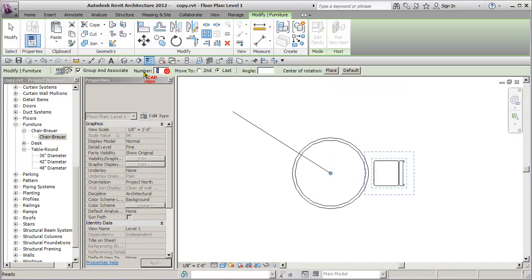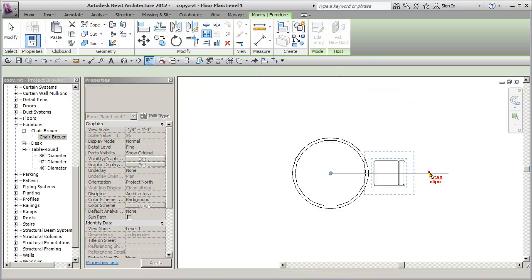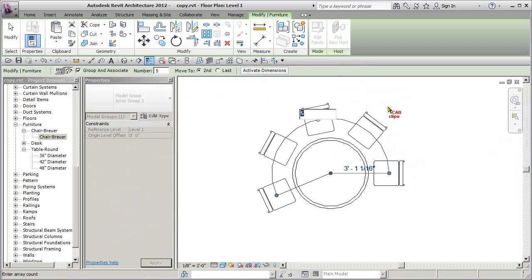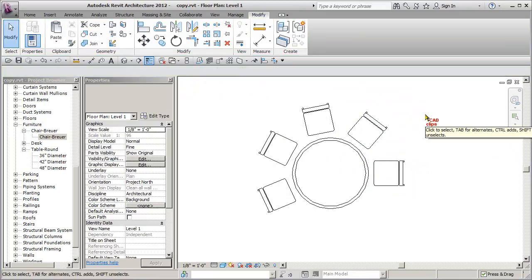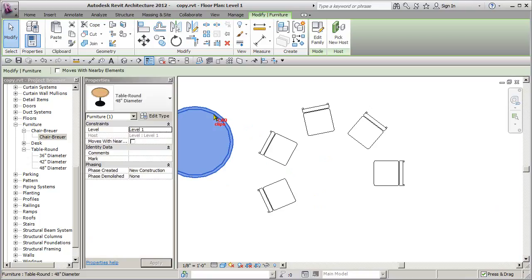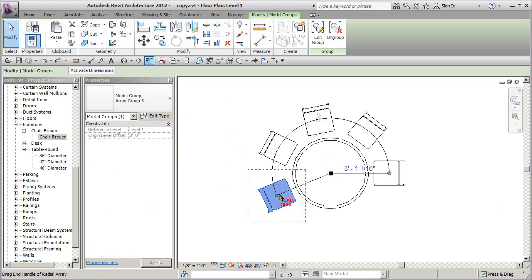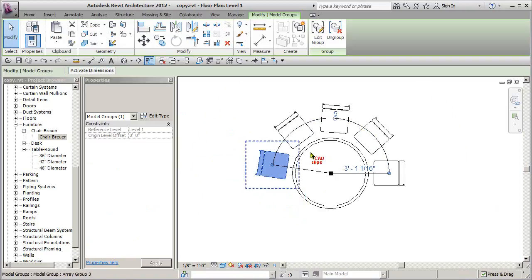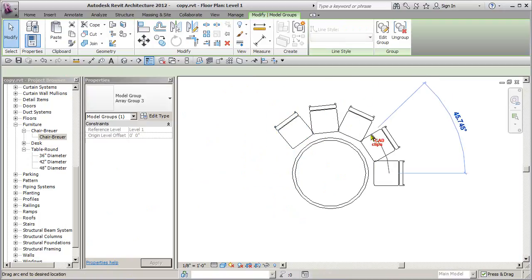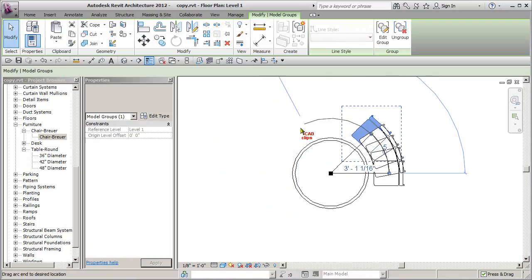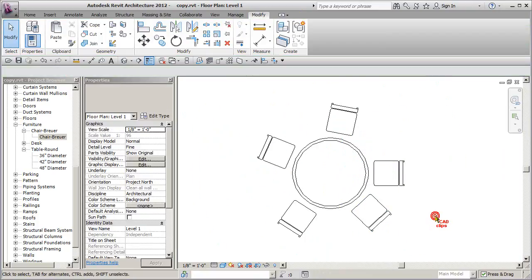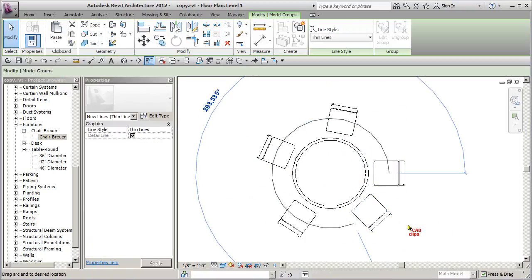We say, well, I want to have 5 chairs, and I'm going to move to the second chair. So my first chair is where it is. My second chair is over here, and it's going to put in 5 chairs, and I can change that. Click, click, done. Now, the table can disappear. That has really nothing to do with it anymore, but I'm going to leave it in anyway. Now watch. If I pick on the last guy, I can stretch these down. Okay, and it's going to keep 5. So all I'm doing is gripping and stretching, and it'll overlap them eventually. It'll put them right on top of each other. So this is easy. All I do is stretch this around, and it's going to put in 5 chairs based